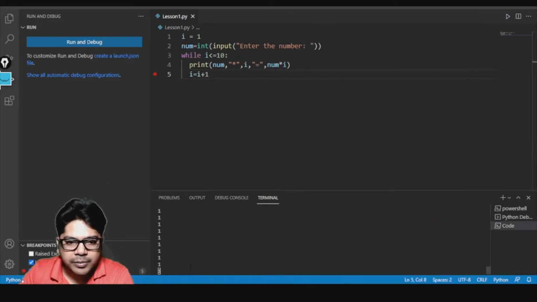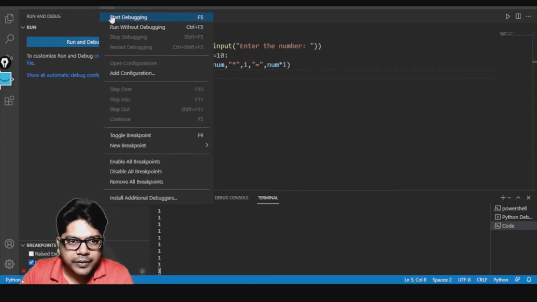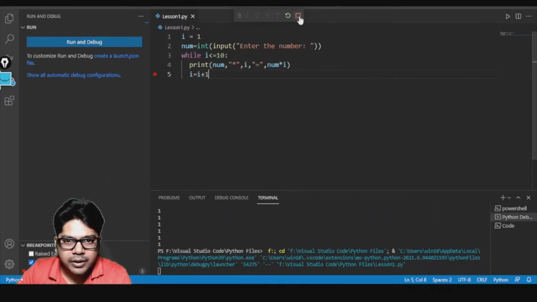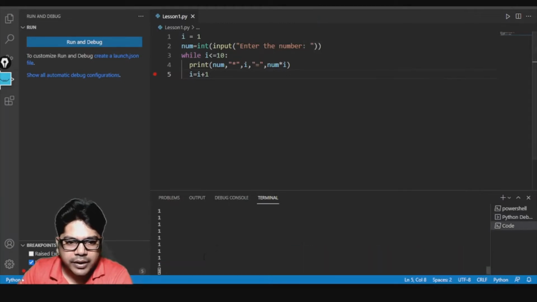You see it will ask me for a number. Wait, it is still running the previous program. Okay, now it is stopped. Okay, it is still running the previous program. So now if I run it again,